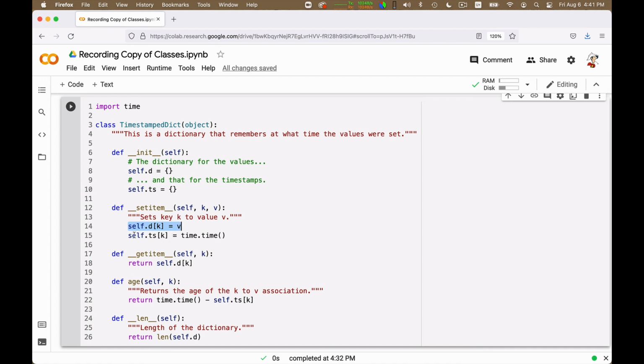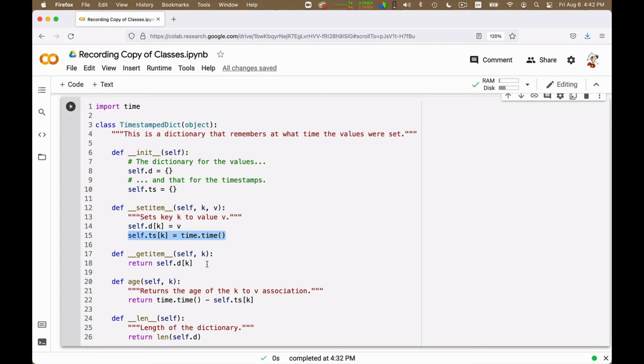And then I also say self.ts[key] is equal to the current time. I would need to do only the first of these two lines if all I cared for is to implement a dictionary. But I want to implement a dictionary that is time-stamped, and so I also remember the time of each assignment.